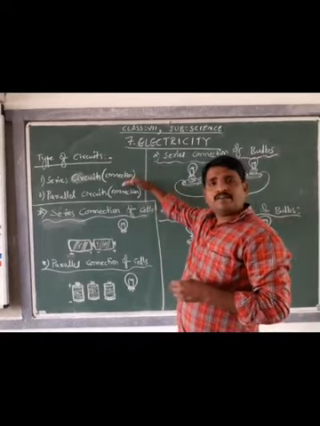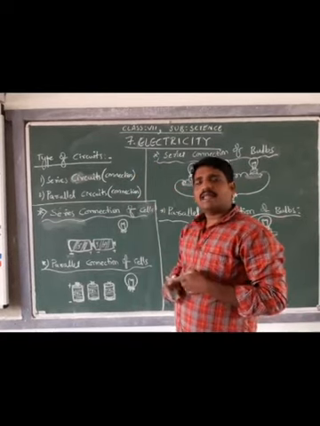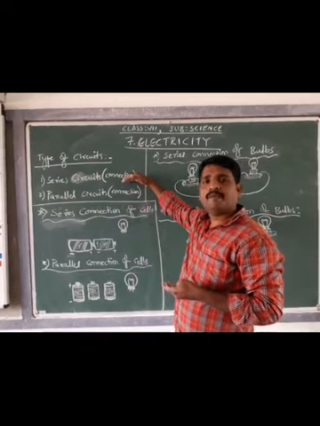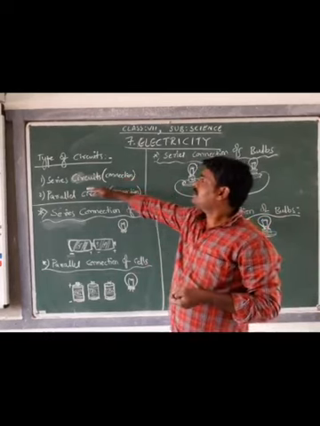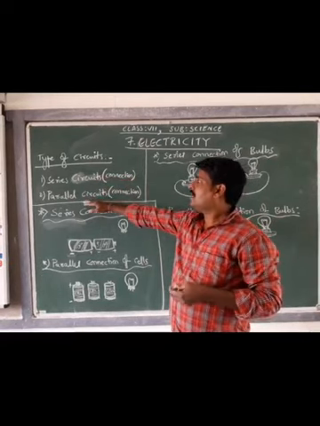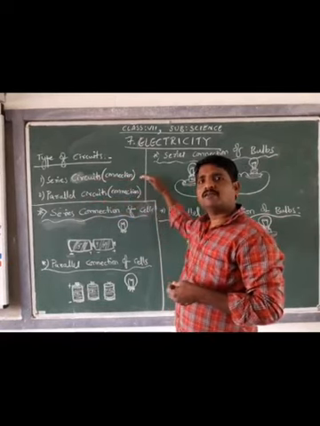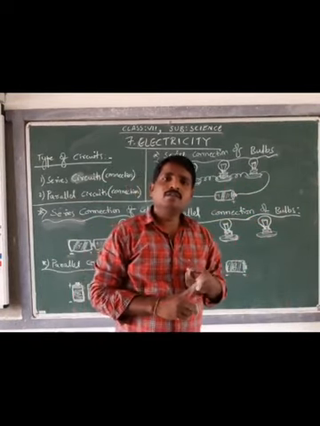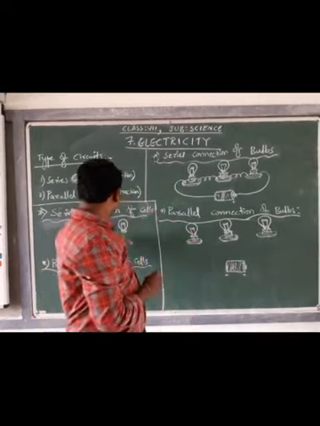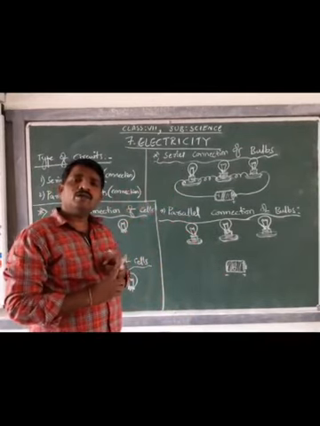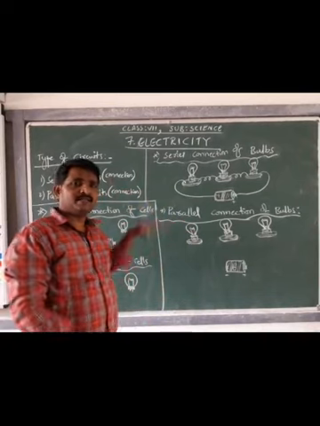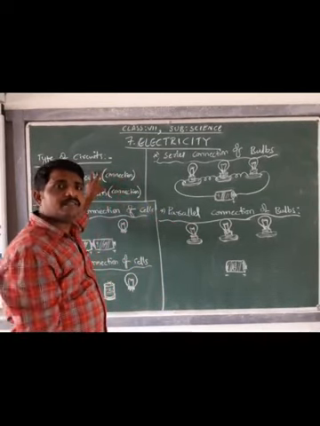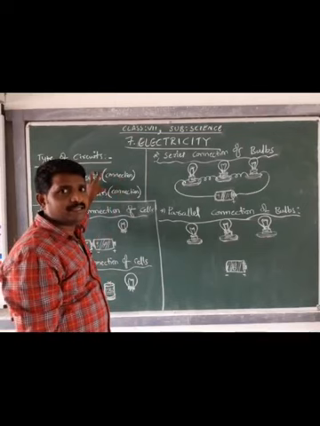According to the type of connectivity of the appliances, devices or cells in a circuit, circuits can be of two types: a series circuit or series connection, and a parallel circuit or parallel connection. Now we will discuss how the devices will be connected, what the difference between the two types is, and what the advantages and disadvantages are.